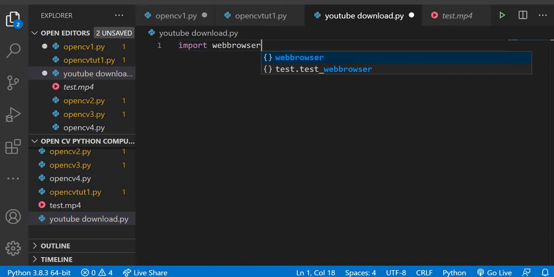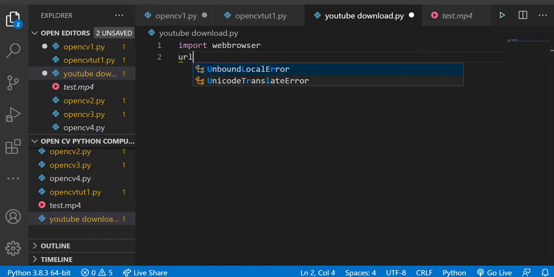It is already present, so you need not install it. Means you need not go to the command prompt and type pip install webbrowser, because it is already installed and a pre-built thing. So after that you have to make a variable URL and you just have to give the